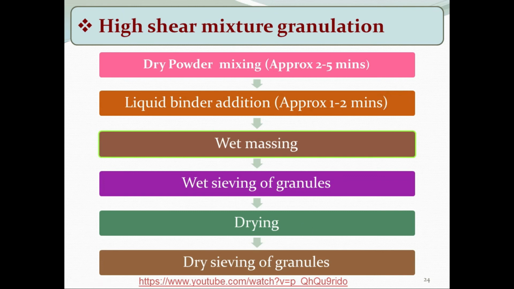Yes, sir. Okay, from that video you will come to know how the high shear mixer wet granulation process happens. I am showing it to you so that you know how the wet granulation process happens and how it creates aggregates of particles. You can observe that in this figure, how, whenever we add the liquid binder solution, it forms granules.